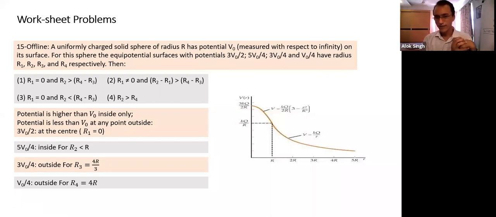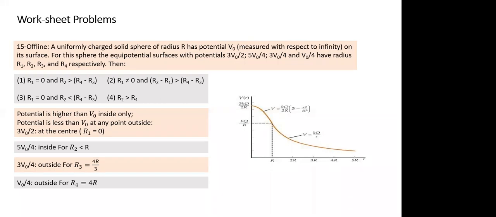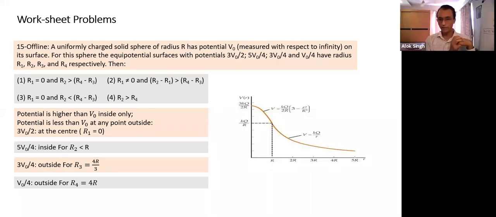No, no. The field varies like that, not the potential. We have to integrate. If I have to calculate R2, either I have to remember the formula, which I don't recommend, or I need to calculate. Compared to the surface, potential is higher by V naught by 4. The potential between the surface and that point is V naught by 4. I have to integrate E dot dr, where E is equal to E naught small r by capital R. Normally that is not necessary. Normally they won't ask a question which requires memorization of the formula. Without memorization, you can answer.